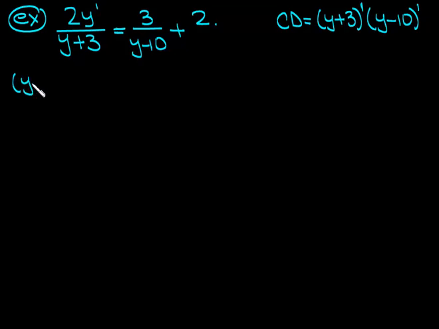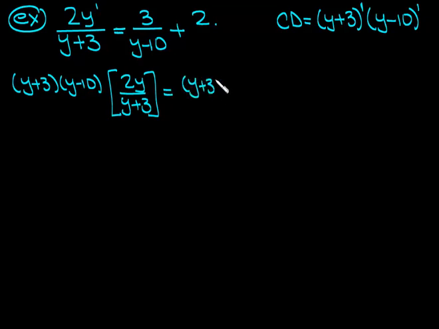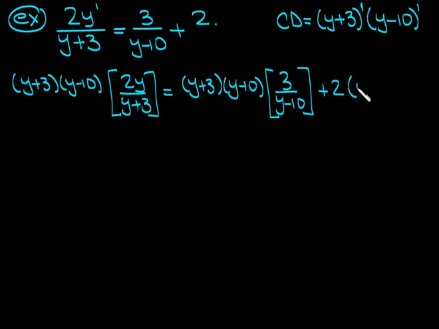So I get y plus 3 times y minus 10. You multiply that by 2y over y plus 3 is equal to y plus 3 times y minus 10. You multiply that by 3 over y minus 10. And then you have 2 times y plus 3 times y minus 10. Okay, so we're multiplying each term by the common denominator, and again we're doing that to get rid of the